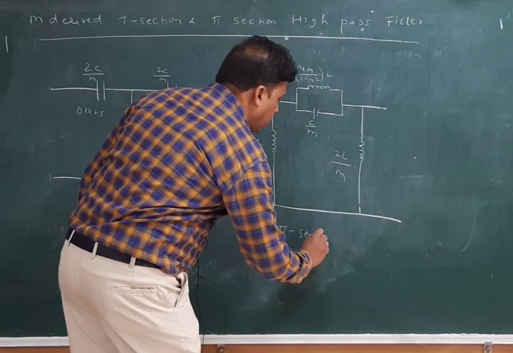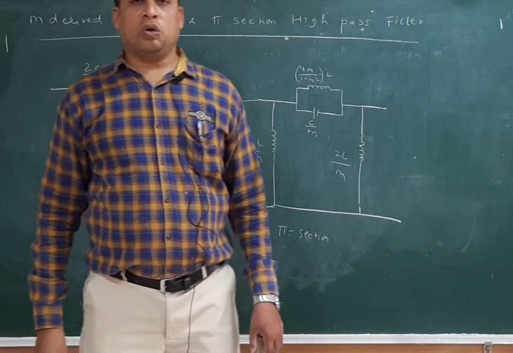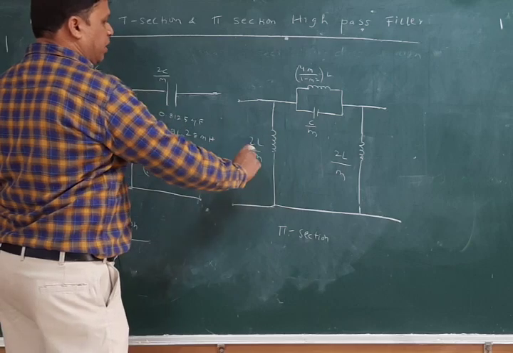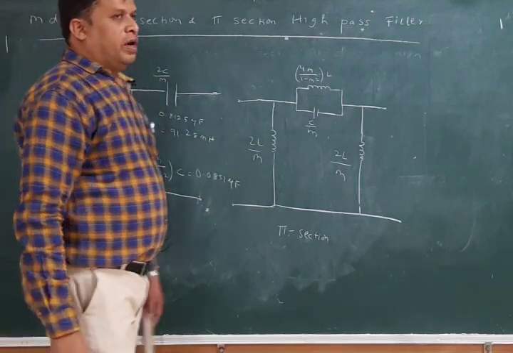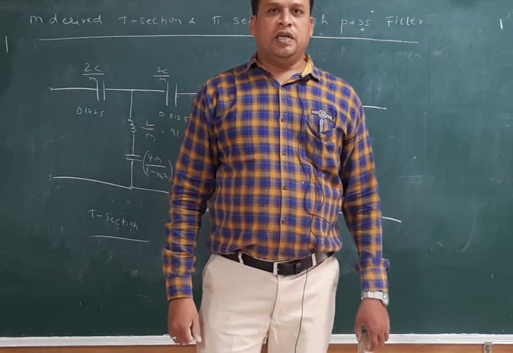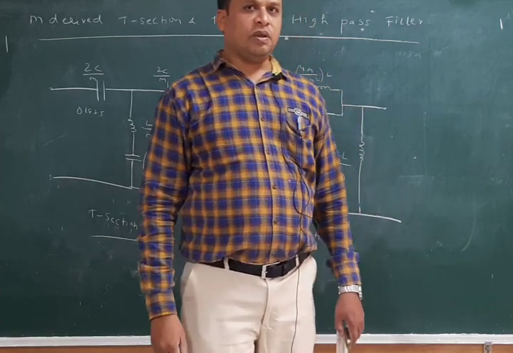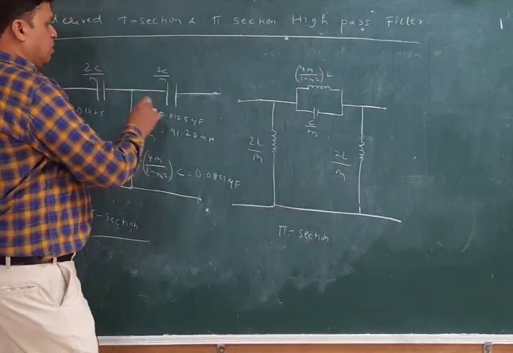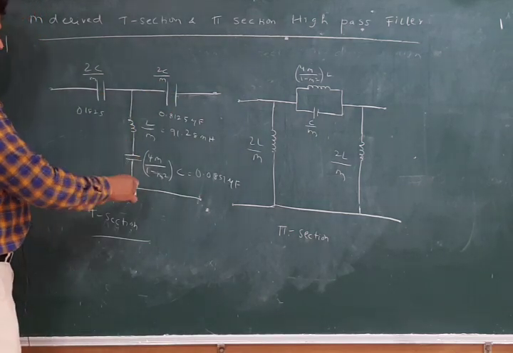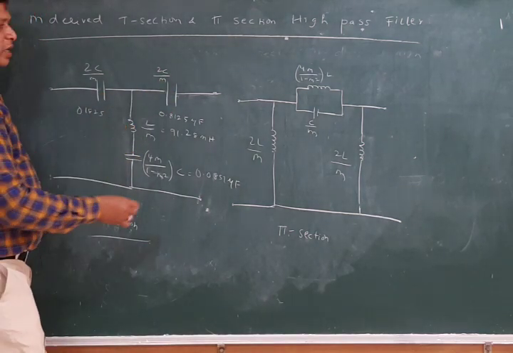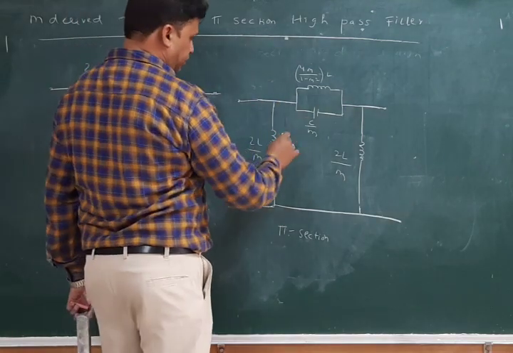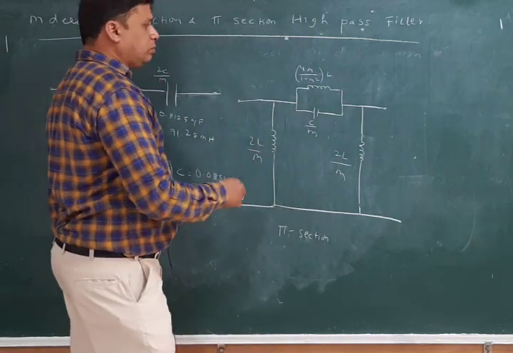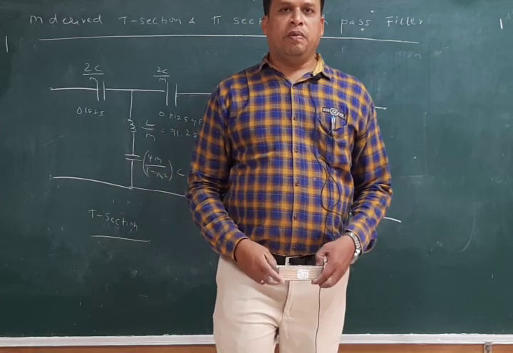So, like this, these values what we got here can be substituted for the pi section. What we have solved for the T section, the same way you have to write the values for the pi section there, 4M by 1 minus M square into L and C by M and 2L by M, and therefore, we will be finishing the design of the M derived high pass filter. Okay. So, like that you have to finally draw these values. This is series capacitor and this is the shunt inductor as well as capacitor. Here this is the series combination along with the parallel combination. Here this is the parallel combination, 2L by M and 2L by M. Okay. So, this was about the M derived high pass filter.